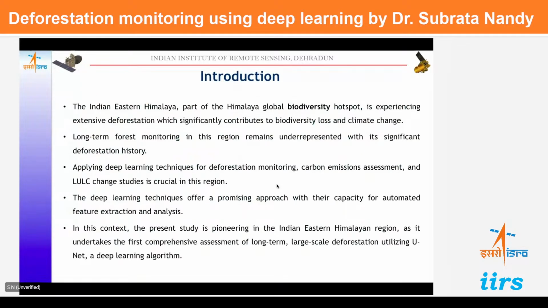Now the eastern Himalaya is a part of a global biodiversity hotspot, but it has experienced extensive deforestation over the years, which significantly contributes to biodiversity loss and also affects the climate. So long-term monitoring of the forests in these areas is needed, because this landscape is very dynamic. Every year there is a change in the system. So here comes the role of deep learning techniques for deforestation monitoring, in a scenario that is very dynamic, a very complex terrain, where every year there is change. In this context, this study was designed as a long-term comprehensive study of large-scale deforestation using UNet,